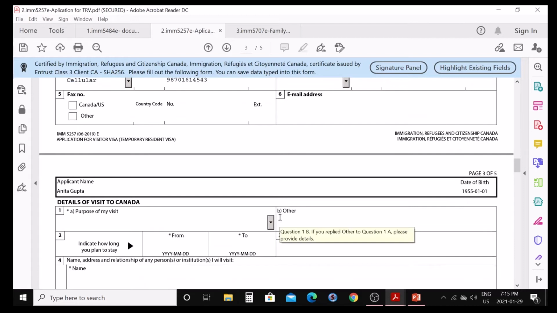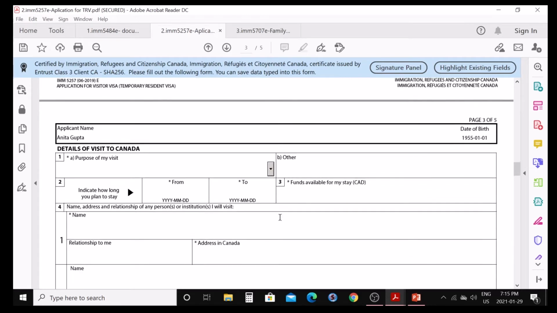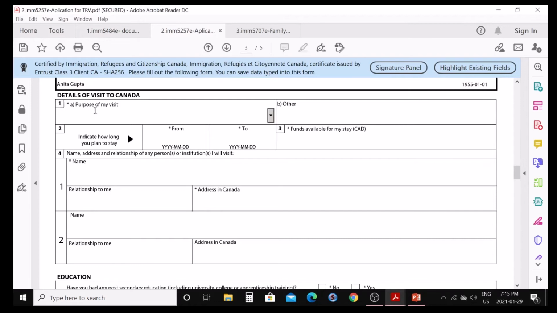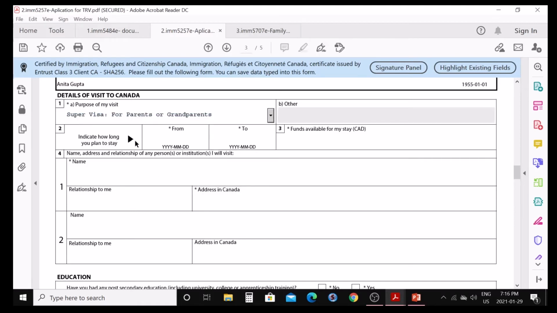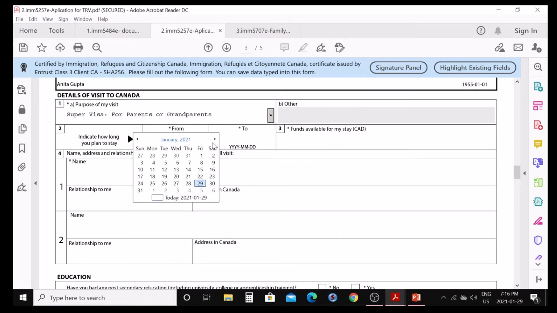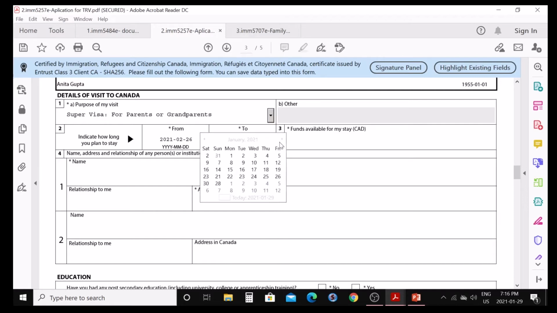Now we're gonna move to the sponsor's detail of visit to Canada. So what is your purpose of visit? Obviously you are using super visa for parents and grandparents. And how long you plan to stay, you can write 1 year here. You can choose any date. Suppose you are applying for visa today, and you can choose somewhere in February or March or whenever you are planning to, and you can write from there one date, like for 1 year, 2 or 6 months, or whatever you feel okay. It's not a problem,